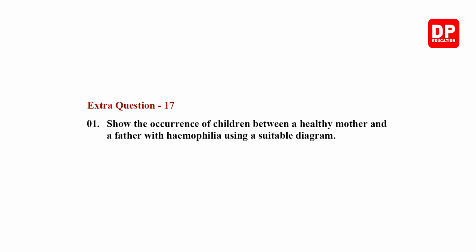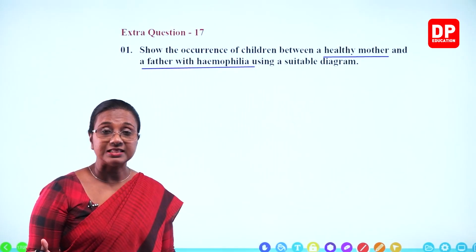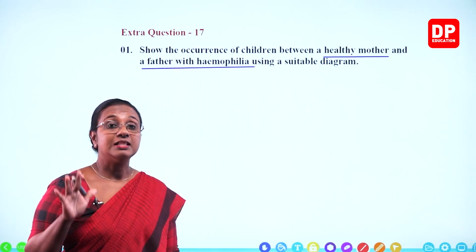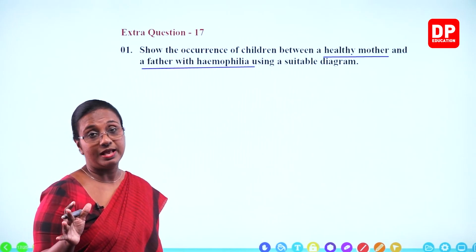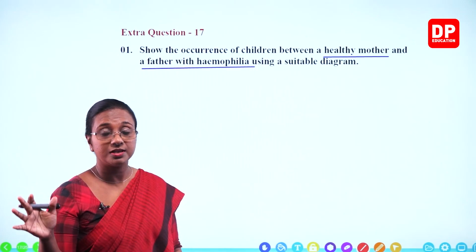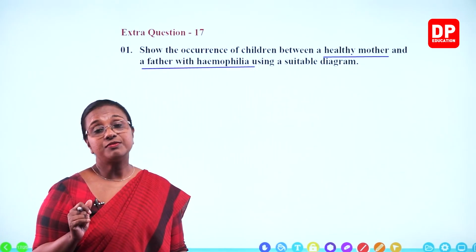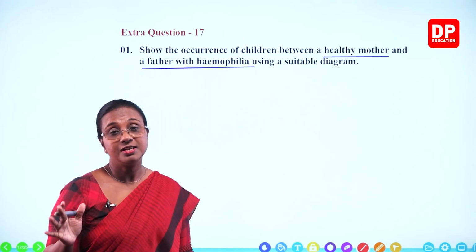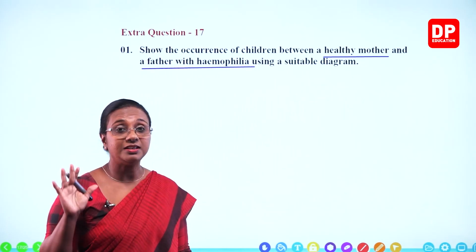Extra question 17. Show the occurrence of children between a healthy mother and a father with hemophilia using a suitable diagram. So again, another condition. Now we have been doing a few questions which are similar. That is for you all to practice well. And you all know that there are different types of outcomes, occurrences when the genes of the parents or the condition of the parents are different and for different diseases. So this is for you all to practice